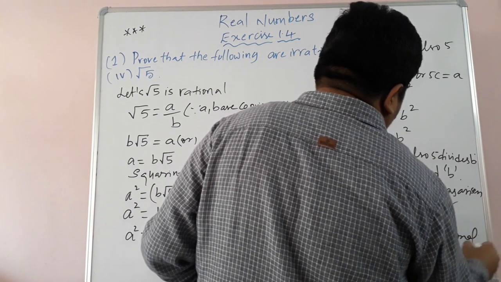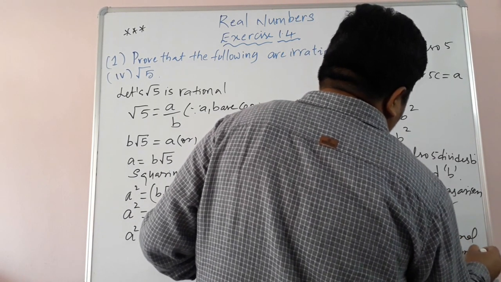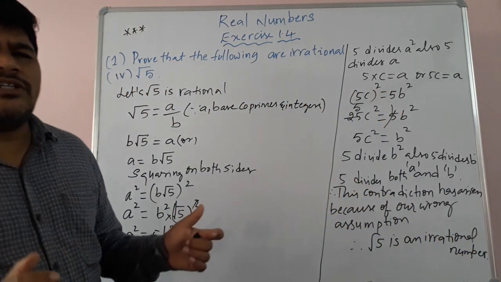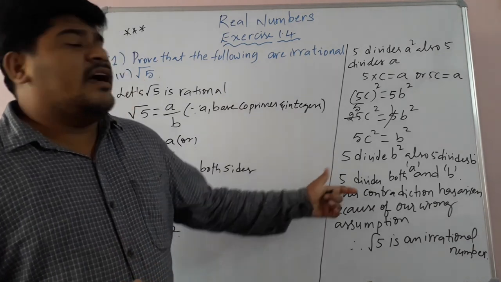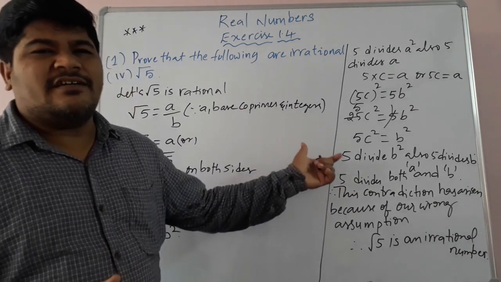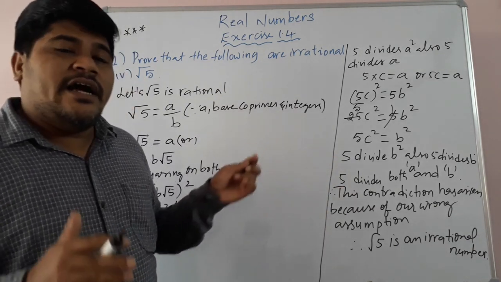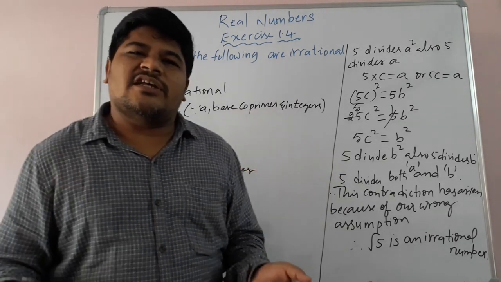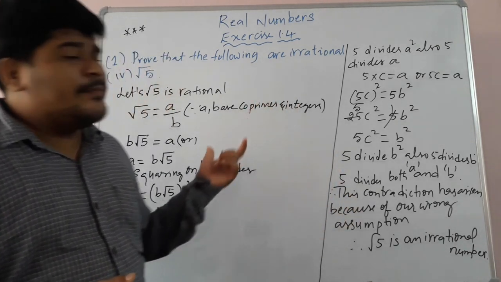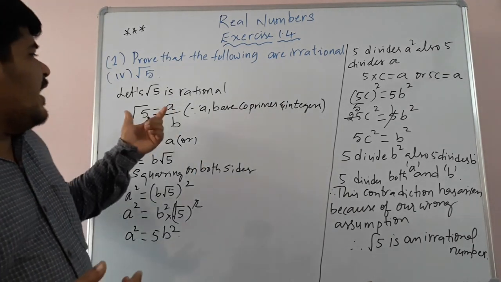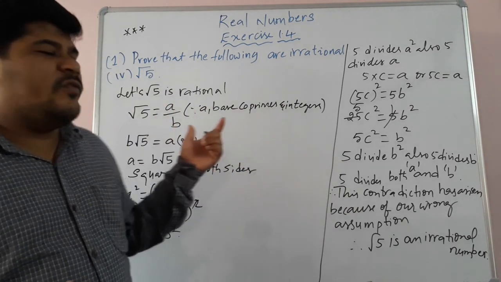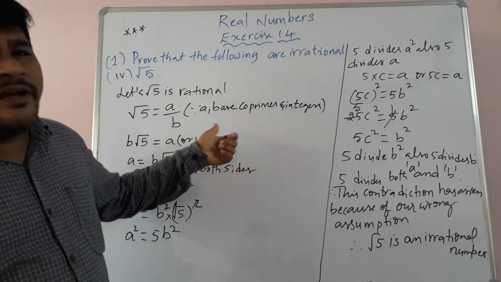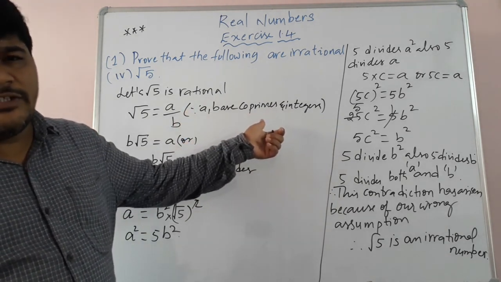It's an irrational number. So children, generally here in the textbook they gave prove that root 2 and root 3 are irrational in example questions, and in the exercise prove that root 5 is irrational is there. And even in a question they may ask prove that root 13 is irrational, prove that root 11 is irrational, prove that root 7 is irrational. So the concept is the same. Whatever the question, we have to assume it as rational. Therefore we can write it in the form of p by q. So root 5 is a by b, where a and b are co-primes and integers.